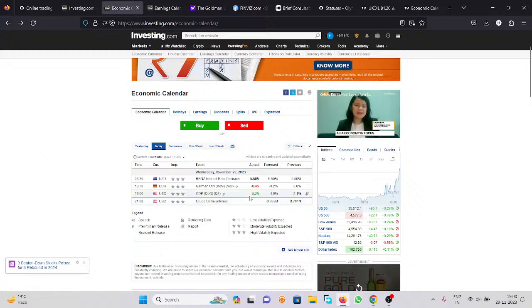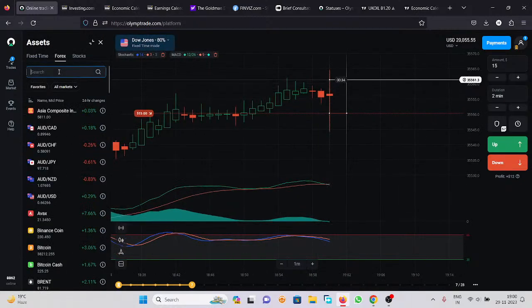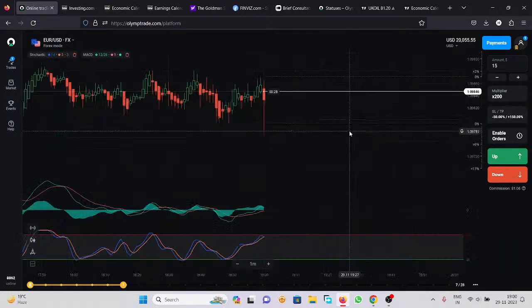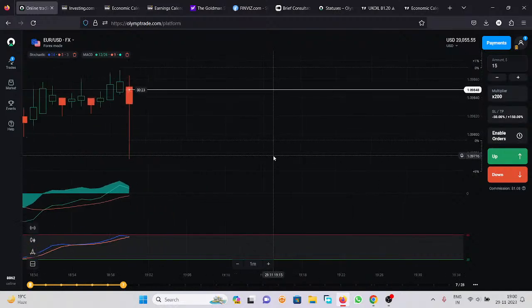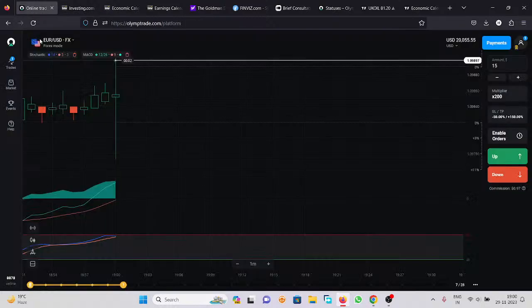The GDP of the American market is growing. I will give you an example of how these things affect the market. Check the candle. This is the 1 minute candle. Economic news is coming, the GDP, gross domestic product, the important data of the economy for any country. Previously it was 2.1%, the forecast is 4.9%, and it came better than expectation at 5.2%. It is positive for the USD.